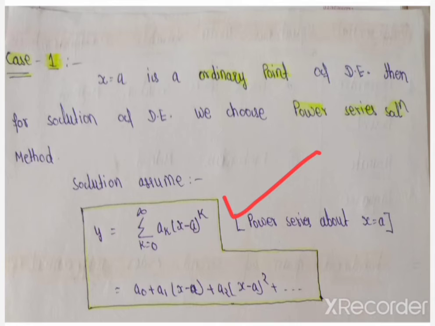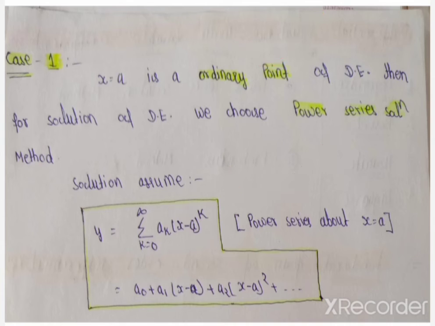In this series, when we take different values of k, then our series is variable. So this is a constant, and we call the constant also variable. In the first slide we called it variable constant. This means we call them variable constants. So when our point is an ordinary point, then we use this method.